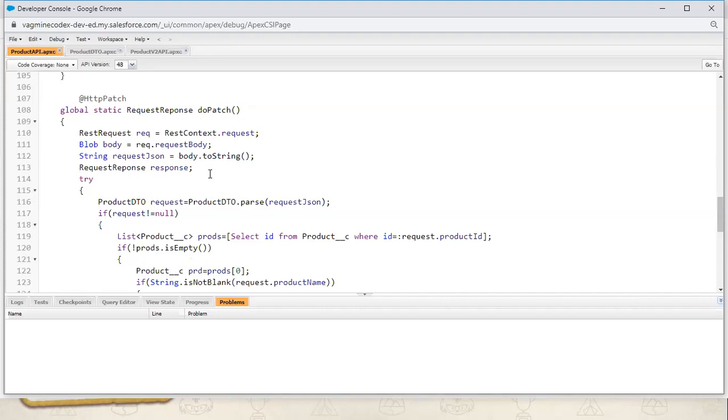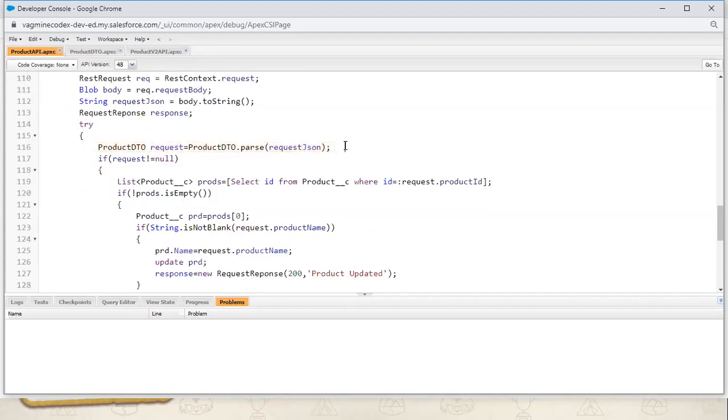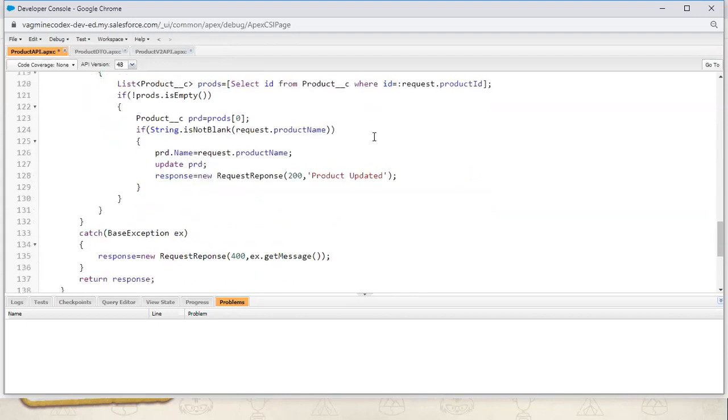What I am doing is, as a request, I'm passing the same object class. And after that, I'm checking whether the product ID they are giving is valid or not. If it is valid, then go with the details they are pushing. Right now, see line number 124. If they are passing the product name, then the record will be updated. If they are not passing the product name, the record will not be updated. And similarly, not only product, if you want to update using the vendor ID or another unique column, you can update the specific field based on that.